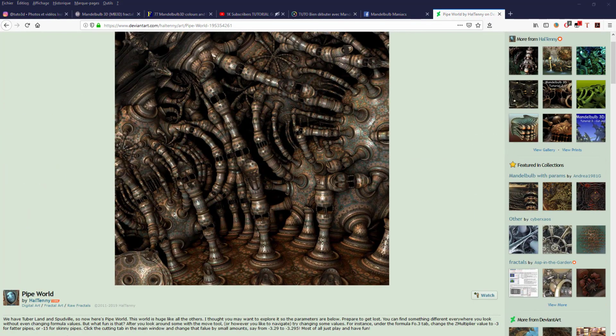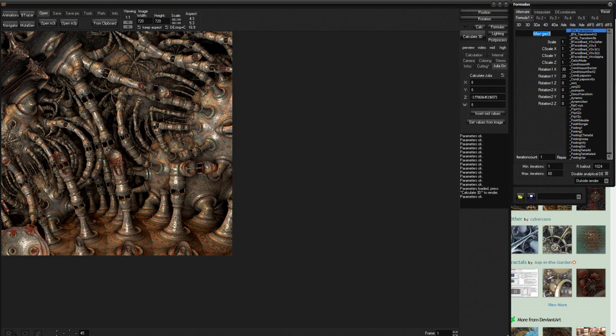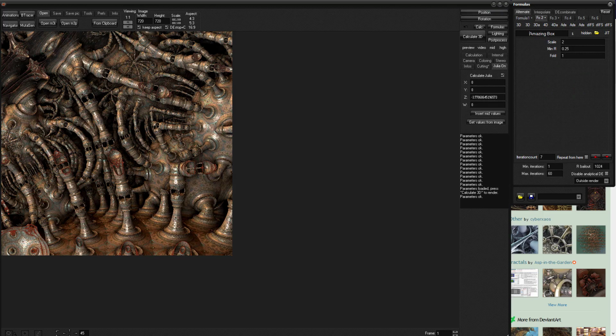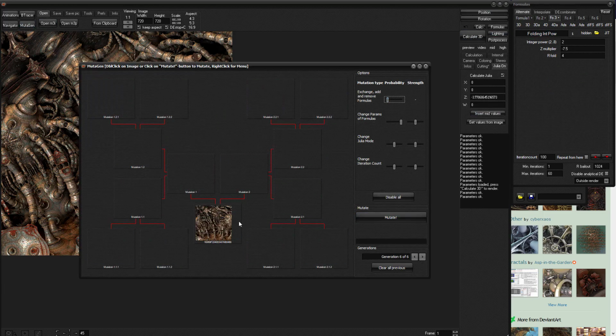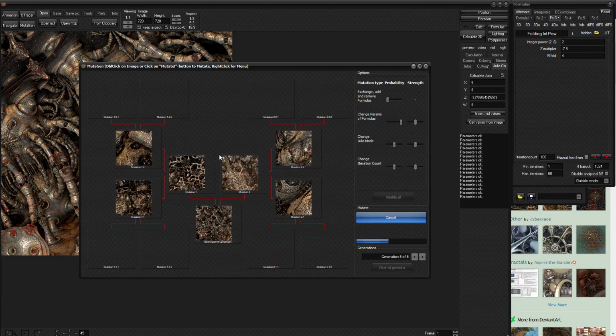And we got it. So for learning, it's very good because now you just have to check. He used Manger 3 for that, then Amazing Box, then Folding Info, and he got that. So maybe you can go there and try to find a tweak. So press, and you see with this formula you can have this one. I will take this one and we will see what it is.